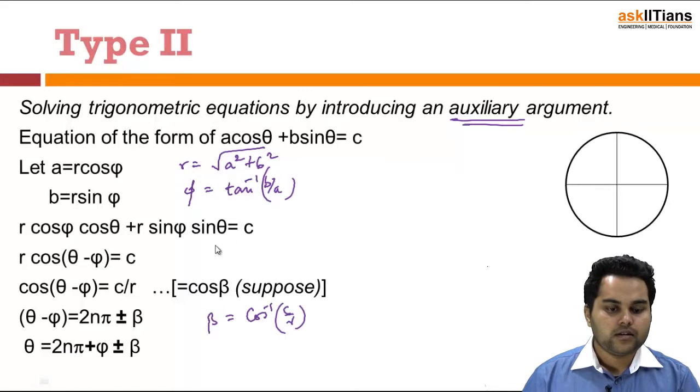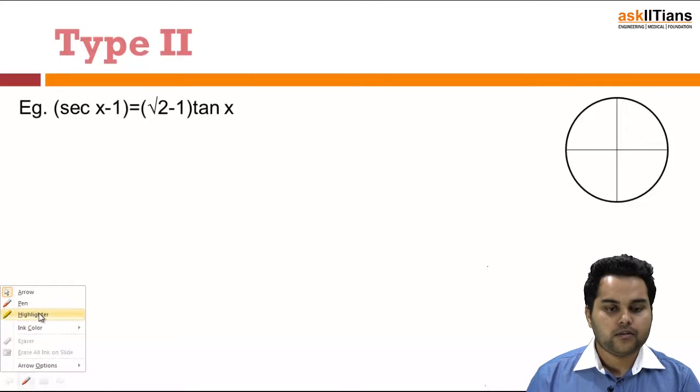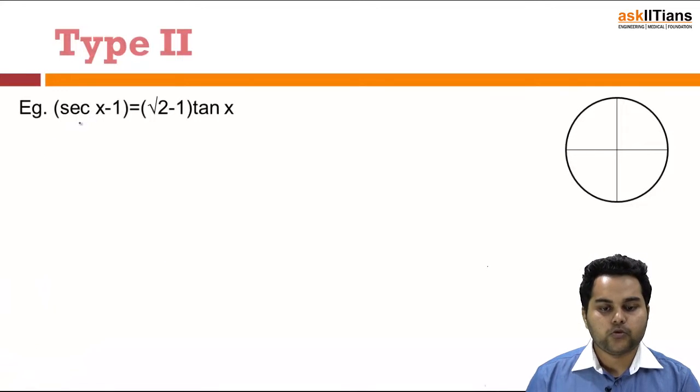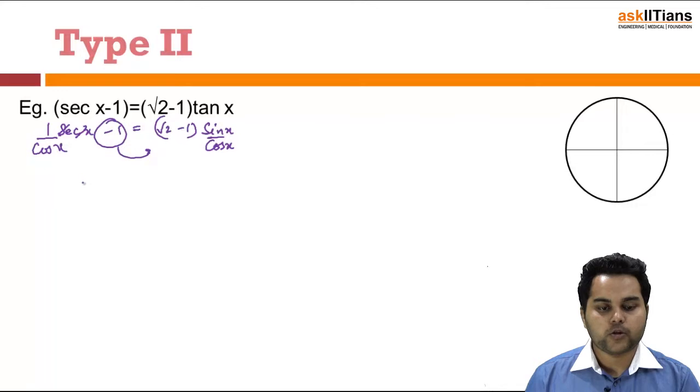Now let's see, I'll take an example. If I have sec x minus 1 is equal to root 2 minus 1 tan x, I'll try to solve it using the same form. Root 2 minus 1, let's say tan x is sin x over cos x, and sec x can be written as 1 over cos x. So my solution to this equation would become, I would transpose this 1 to the other side and take all the trigonometric ratios on one side. So I would get 1 minus root 2 minus 1 sin x is equal to cos x,